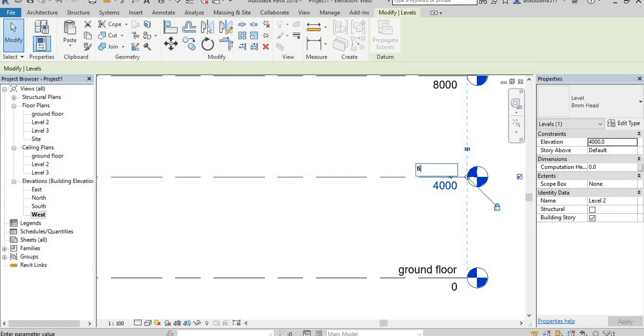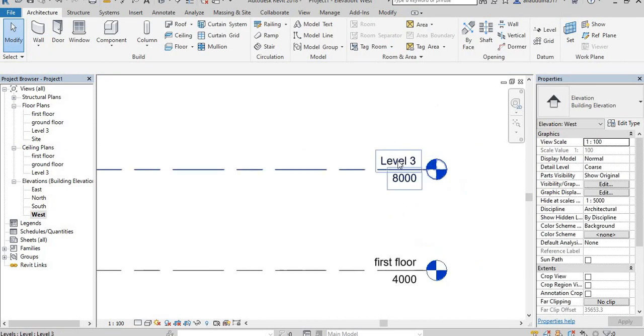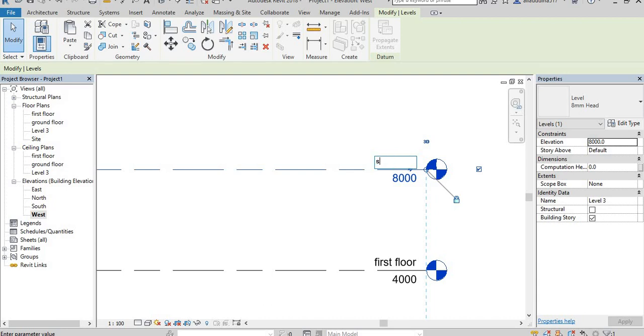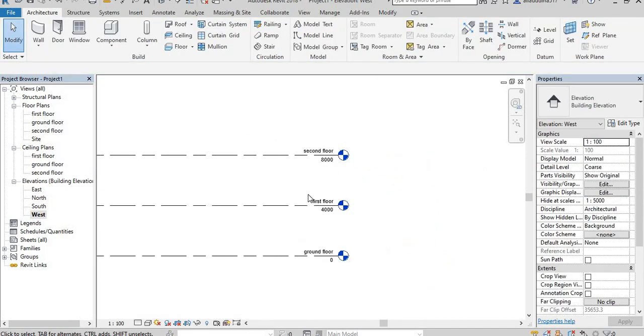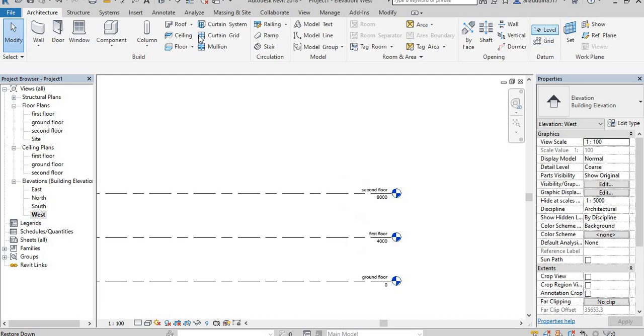I'm just going to name this one First Floor. Click and click yes. Now it will show First Floor here. Now Level 3 also, I'm just going to name as Second Floor. You can make this one a Second Floor. Click, give yes. Now see, if you want to create one more floor here, then again you can go to